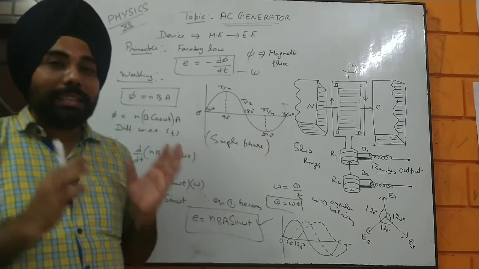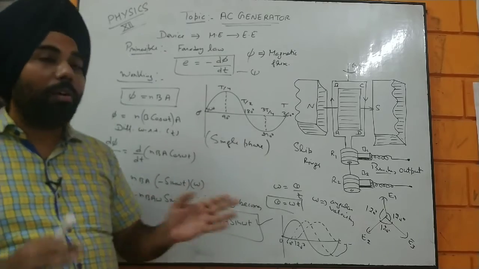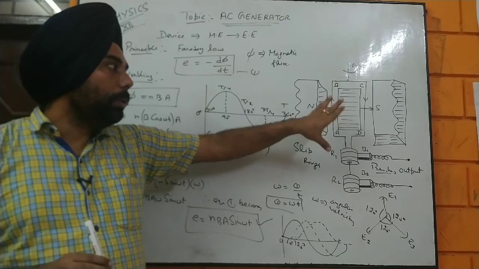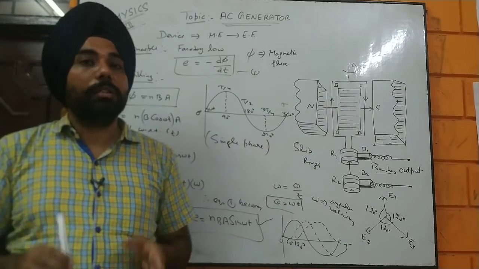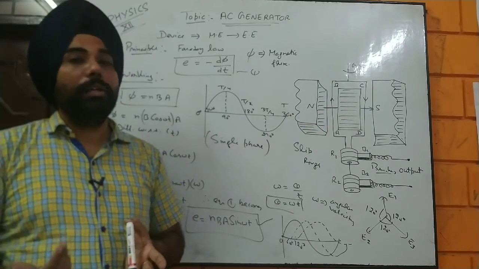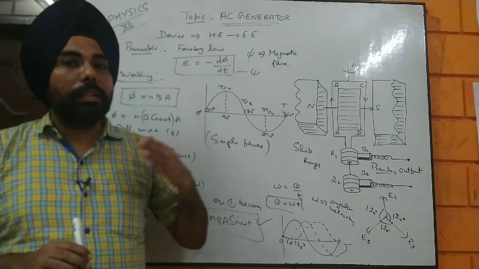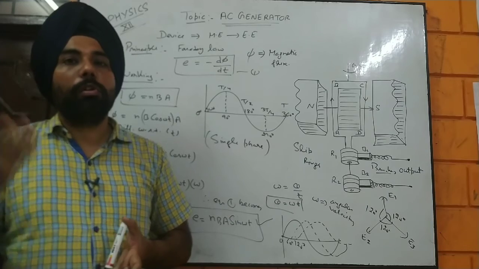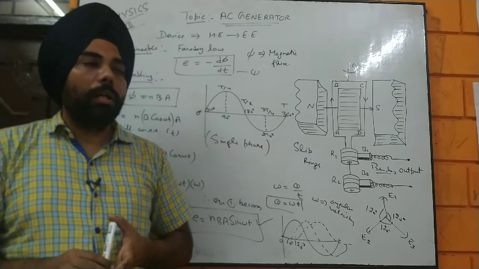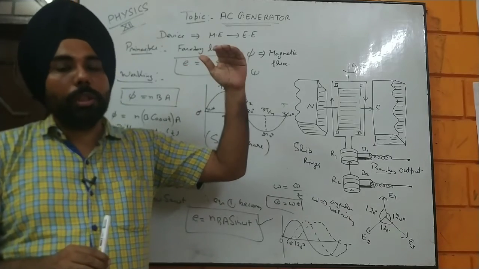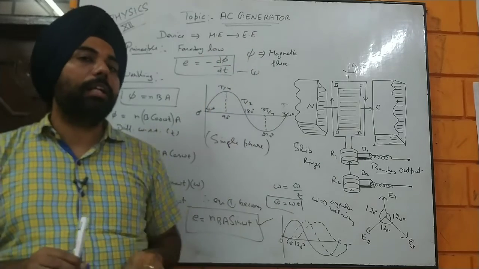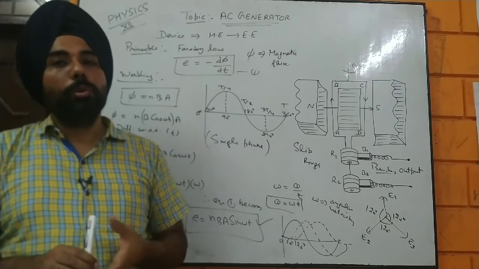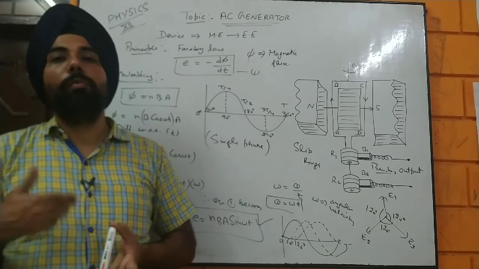I hope you are understanding it well. The basic thing about the AC generator, always remember one thing: the electrical part working is going to be the same in all kinds of electrical generators. Even in hydropower stations, the mechanical energy comes from the water. Water is stored at a height, which is potential energy, then it is converted into the kinetic energy of the water, and that kinetic energy is used to provide the mechanical work for moving turbines.